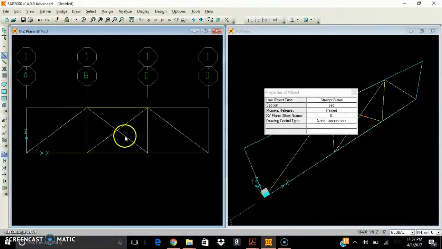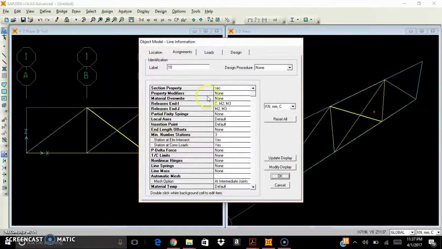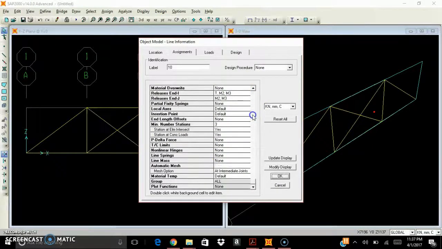If you want to look at the properties of each segment, just click on the segment and right click, and then you can see that the section property is SEC, and you can see different properties in here. You can scroll down for more. Just click on OK,